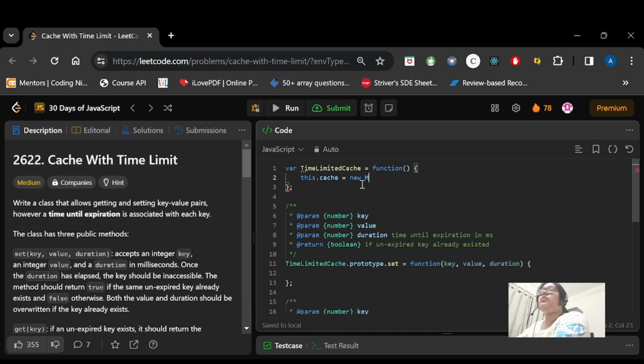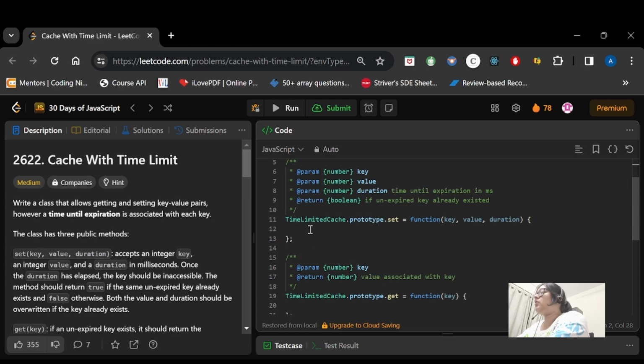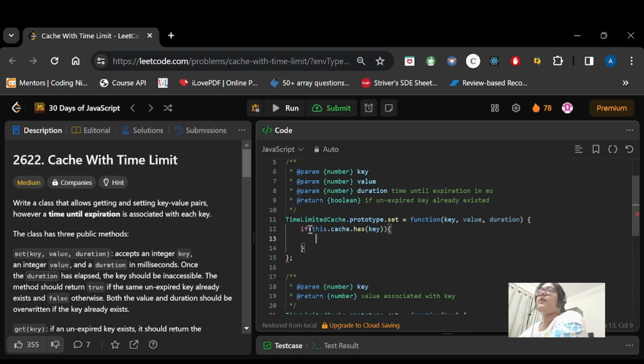Now in the set function, we have to check if the key is present or not. So we will check if this.cache.has(key), then we need to clear the timer that we were sending in the value of that cache.